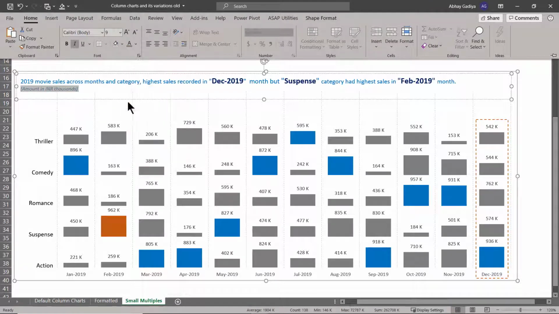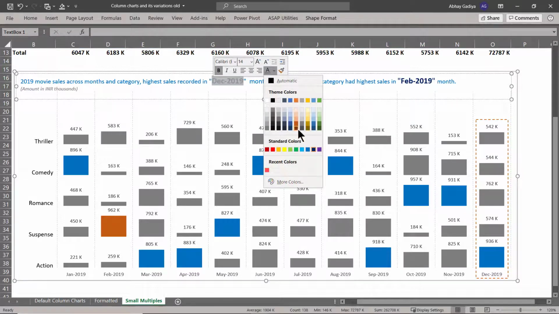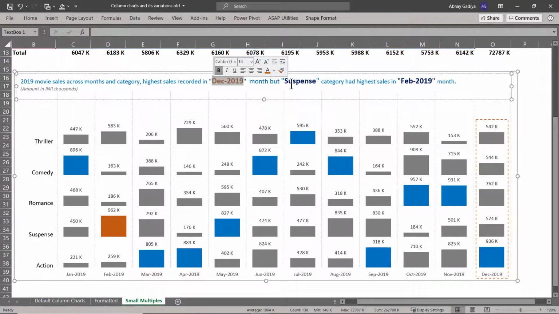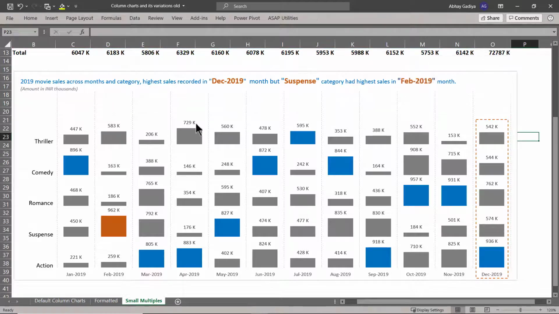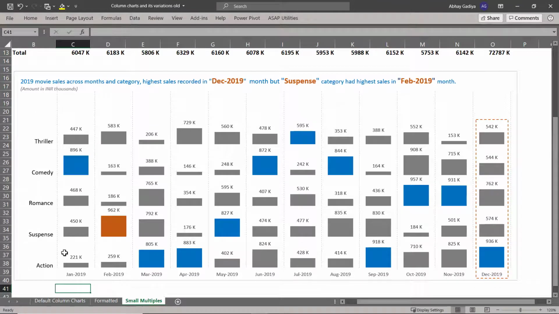So this can be in gray color, and this entire December 2019 will be in orange color since we have highlighted the highest ones in orange color. So I will select this orange color, same way for Suspense as well, and for this February 2019 also we will change the color to orange, and our chart is finally ready.